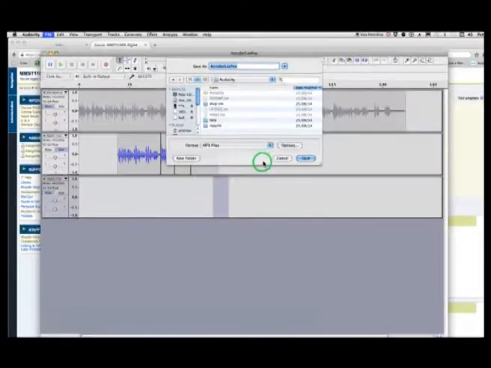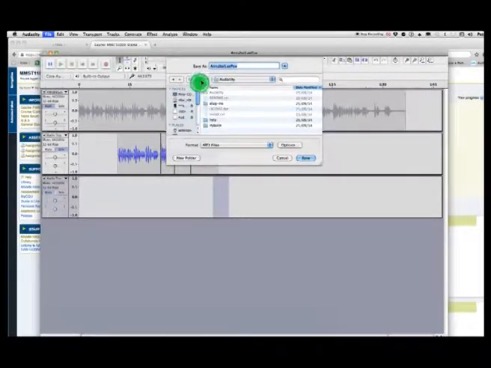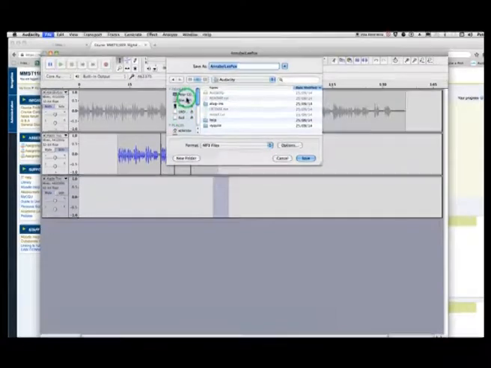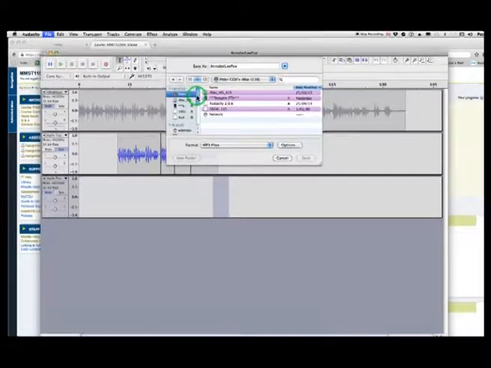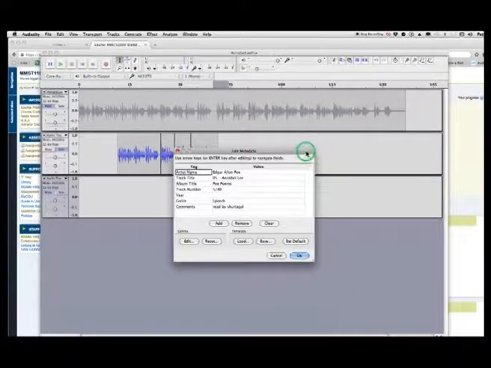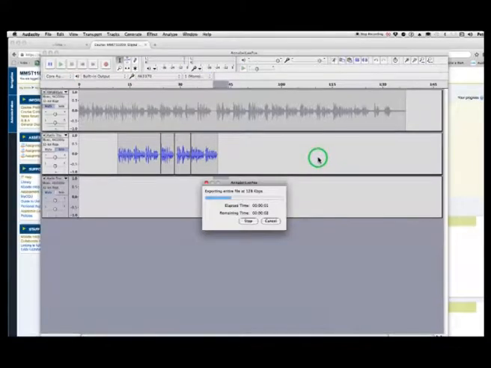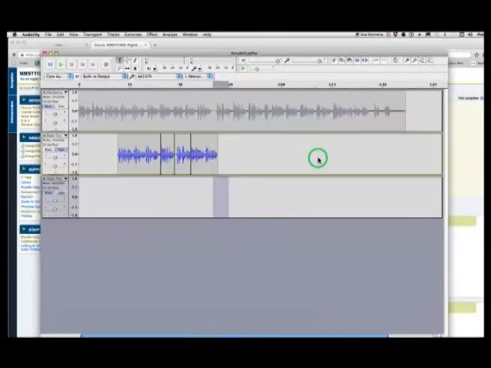That's all we need. I'll save it somewhere. I'll save it to my 16 gig thing and say it's got a little thing on it to tell you what it is, and okay. So it's saved onto there as an MP3, and that's your file that you submit.